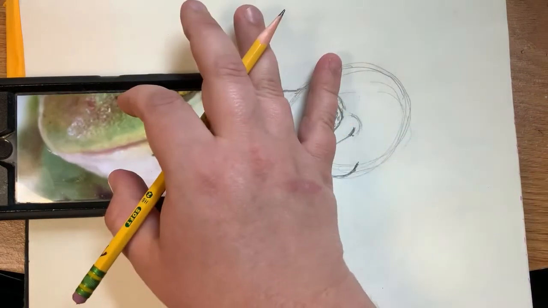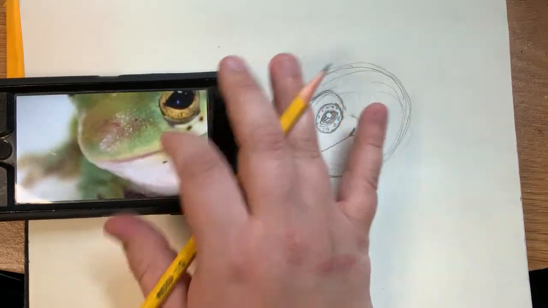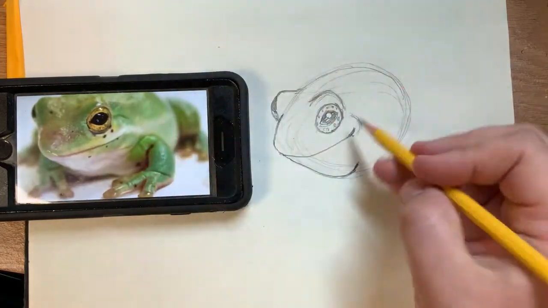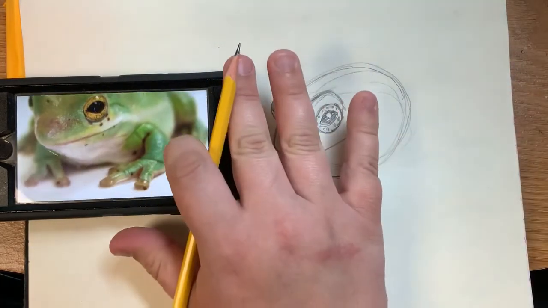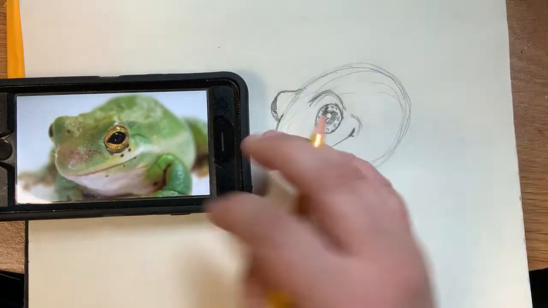Do they have noses? Where are their noses at? Frog, I don't see a nose. Okay, I guess they don't have noses. I don't see their nose, so I'm not going to draw a nose. All right, that's weird. Okay, so now that I have the head done, what I'm going to do next is